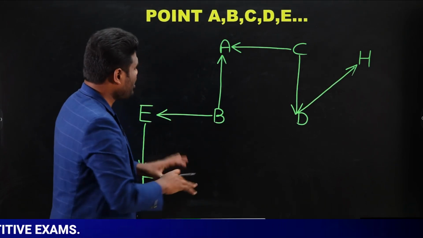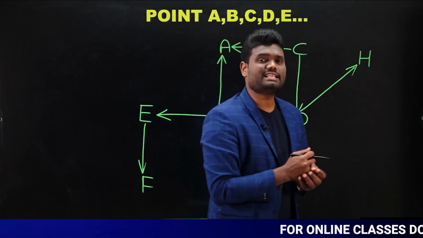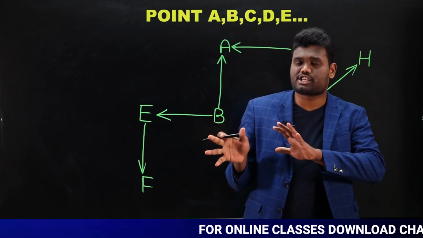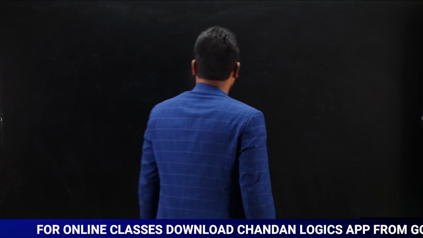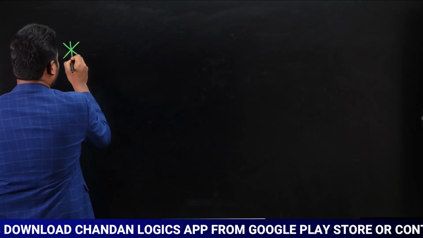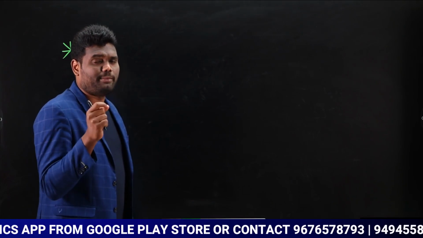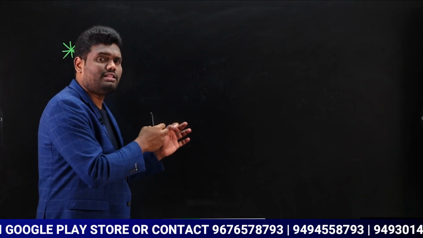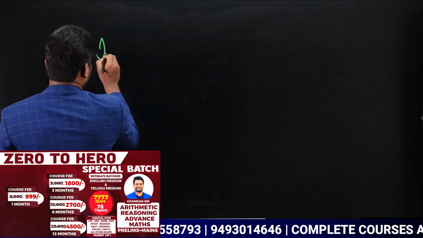Is that clear? Now let us say an example. Using this representation, I am going to ask you some questions. Now you say the answer. Before asking the questions, I need to tell you some important terminology. This terminology is very important whenever you are trying to solve these types of questions. Observe here. If I ask you a question, in which direction